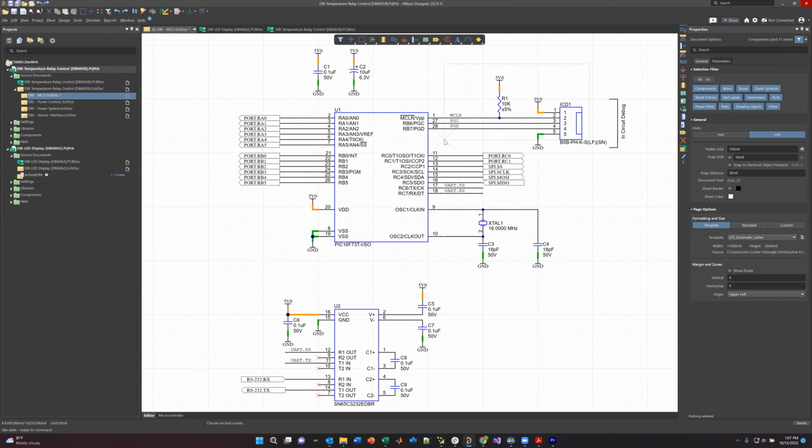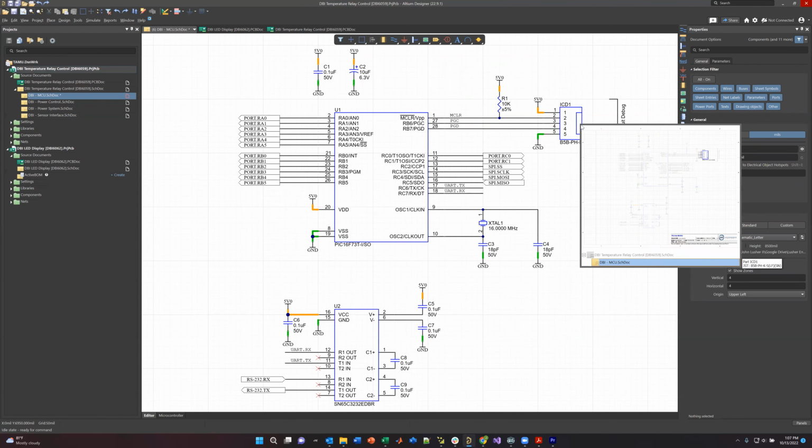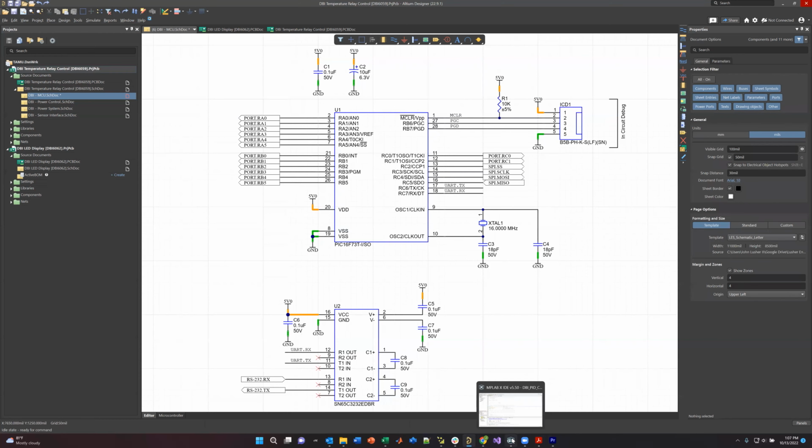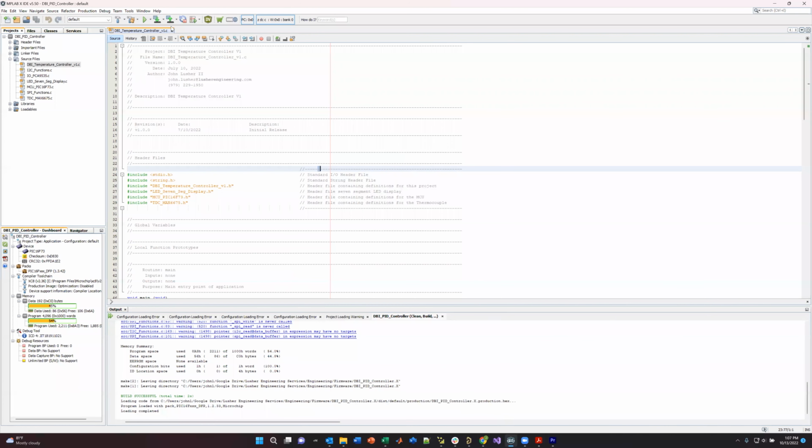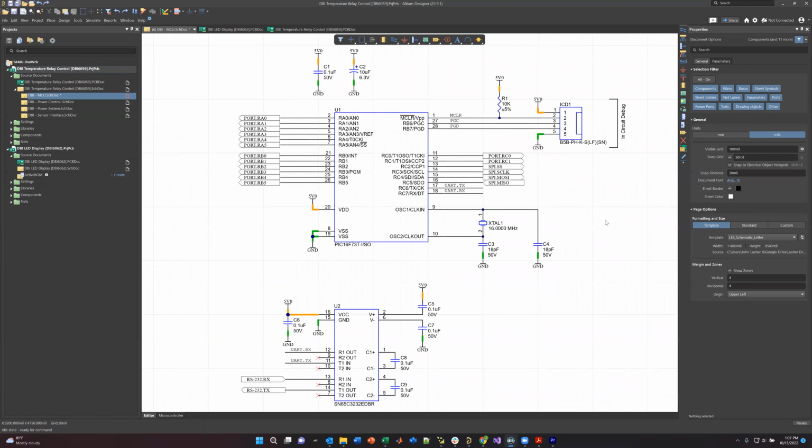This here is the programming interface. There's a device that I hook up to my laptop or desktop, depending, and I use MPLAB, which is right here. This is MPLAB. If I press this button right here, and I had the board connected through an ICD4 from Microchip, or a PICkit 3 or PICkit 4 programmer,